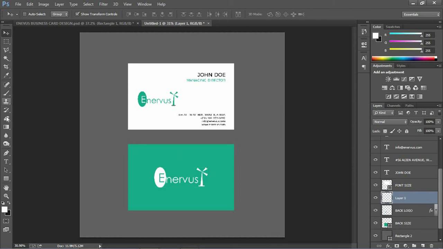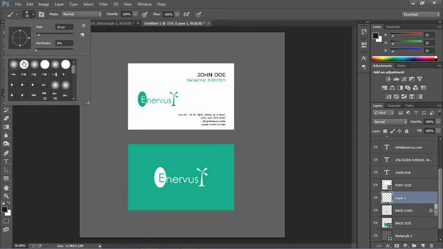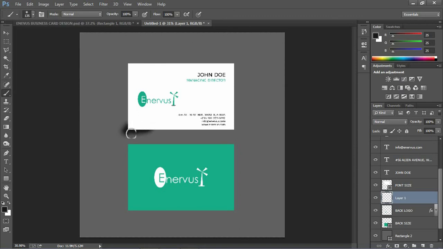I'm going to use my brush tool by pressing B on my keyboard. Brush tool pops up, and make sure this is selected to black so that my brush will be on black, and my brush should be soft. I want the soft brush, not the hard one. And the size of the brush, I'll just increase it a little bit. Yeah, I like this. So I'm just gonna draw